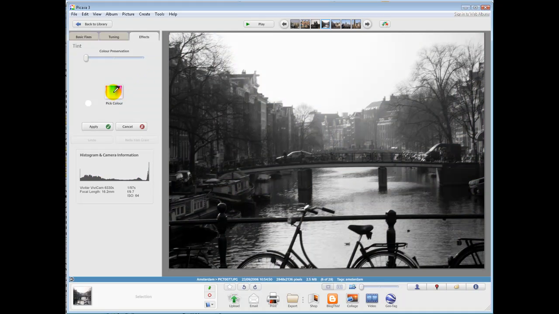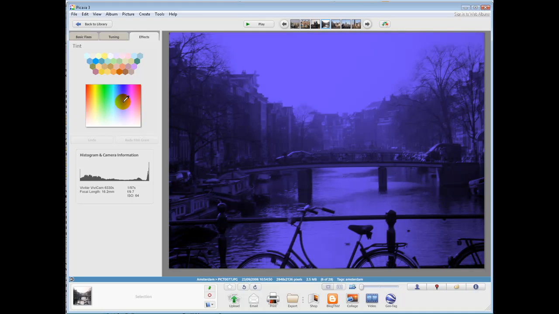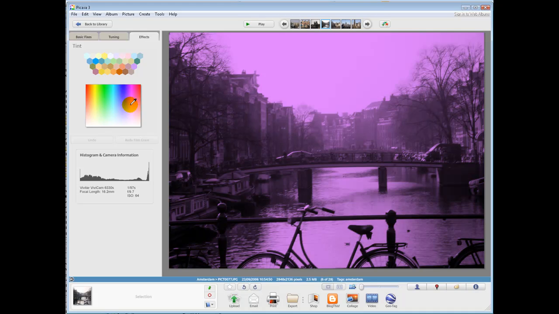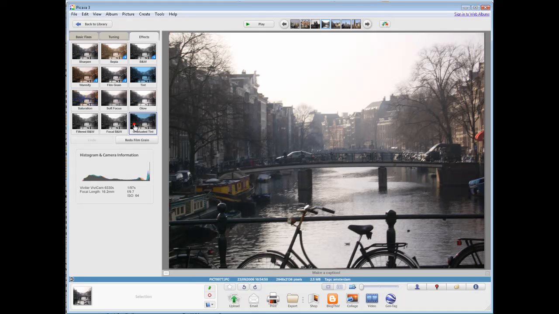Tinting things, pick some different colours. How do you feel about a green photograph? Or, well, you know, this is useful, I suppose, if you're looking for some special effect for a background of a website or something like that. I don't know. However, again, it's not really going to be much use for your travel photographs, is it? So we'll cancel that. Okay,